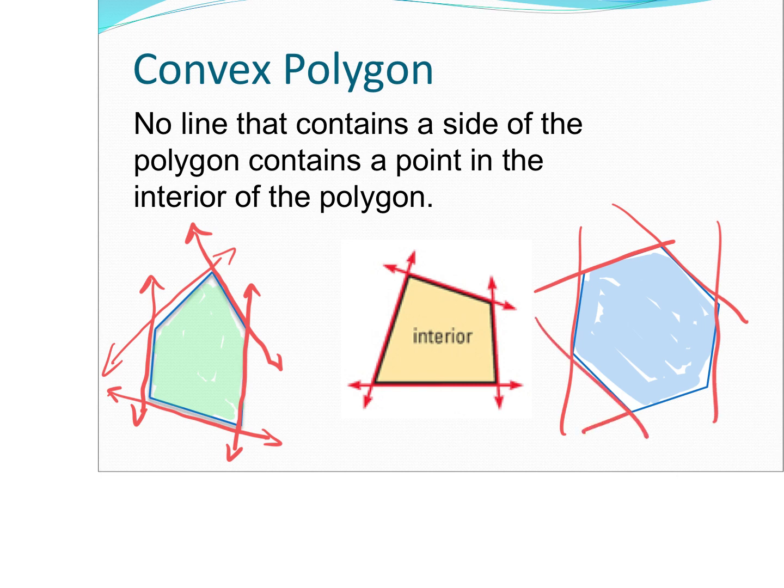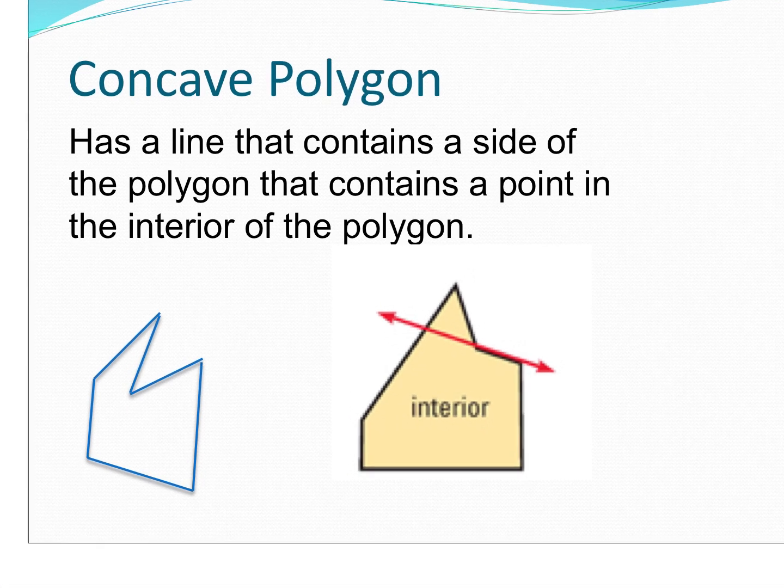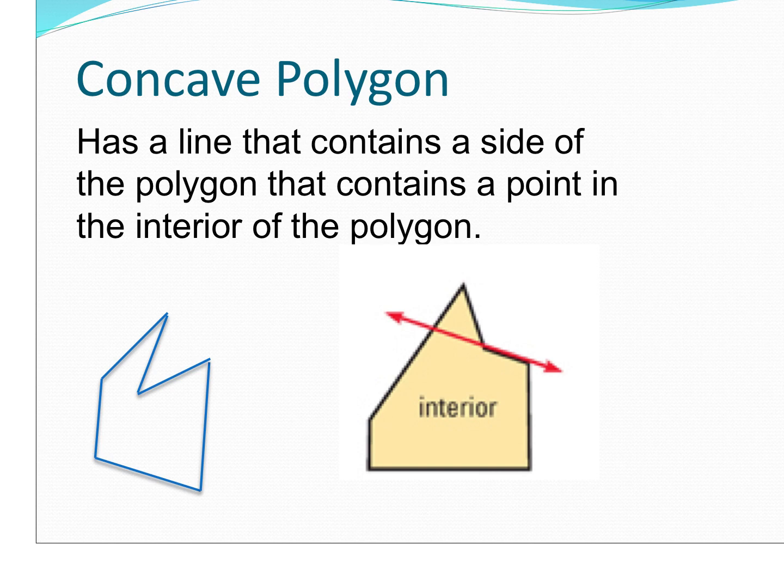On the next slide, you're going to see how when I draw the line, it actually goes inside, making it concave. But again, think of these vertices as just pointing outward. Next is the definition of concave polygon. This one has a line that contains a side of the polygon that contains a point in the interior of the polygon. So again, if I shade in the interior,